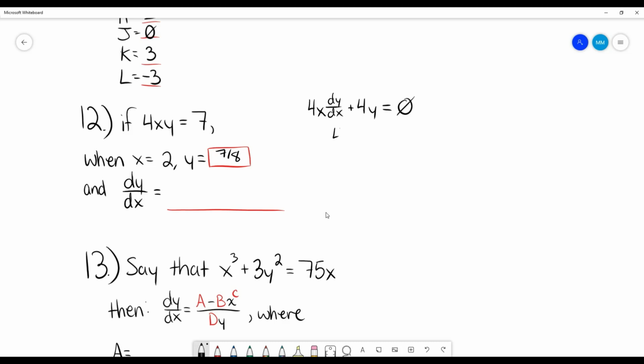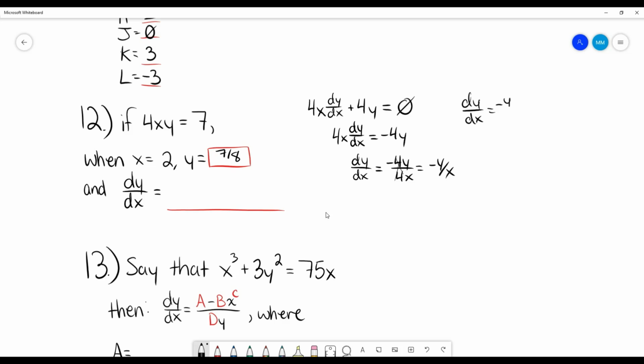So now I move my terms around so I've got all my dy/dx on one side, and then I divide that out, so it's just the dy/dx on that side, and obviously the 4's cancel, so it's just negative y over x. So our dy/dx, we just found,